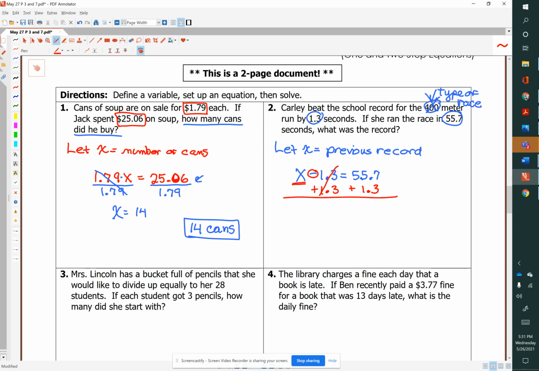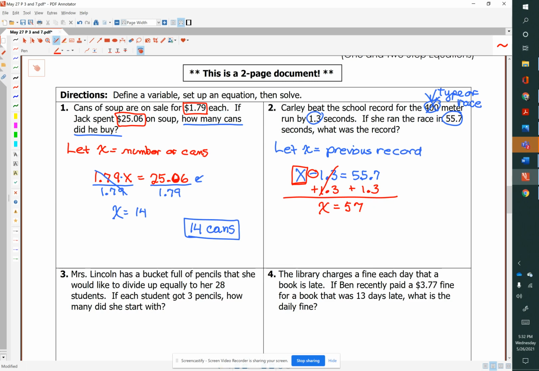So negative 1.3 plus 1.3 equals 0. So what we are left with on this left side of the equation is x. And now we're adding 1.3 to 55.7, which gives us